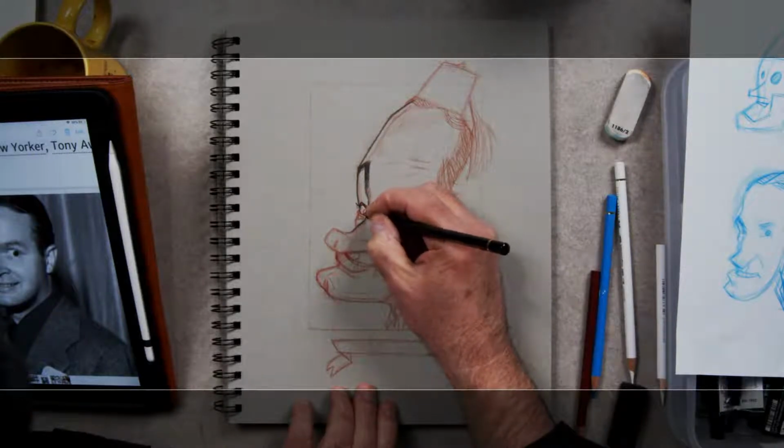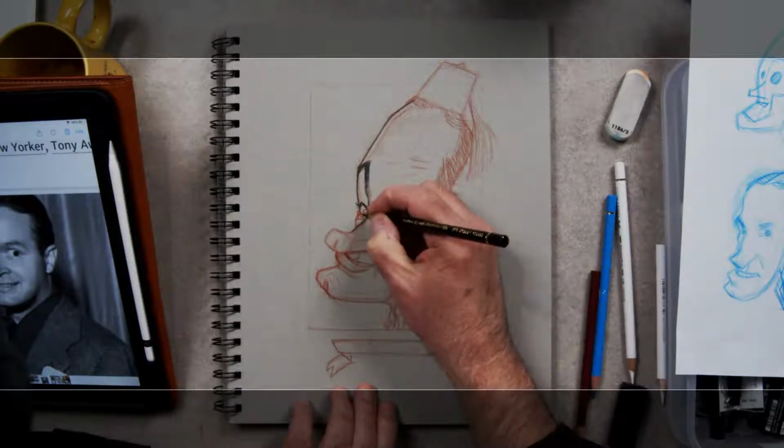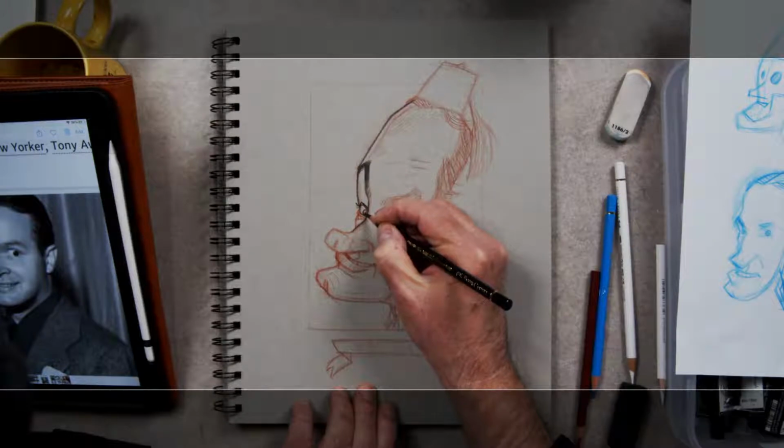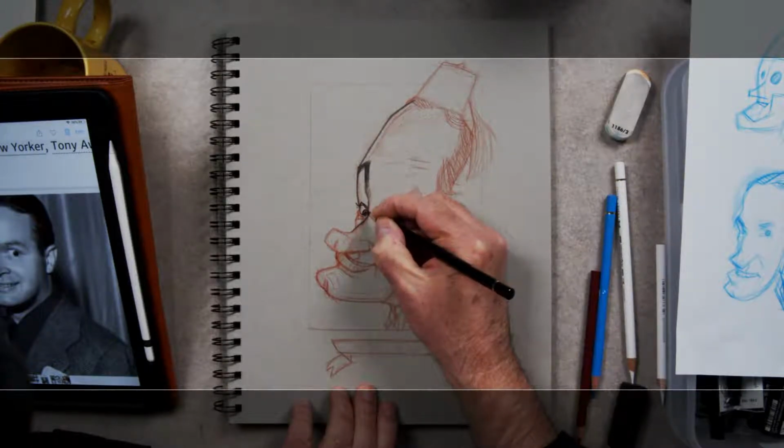Dorothy Lamour was the female lead in the films, the love interest, and the rivalry for both Bob and Bing. So she was interesting.